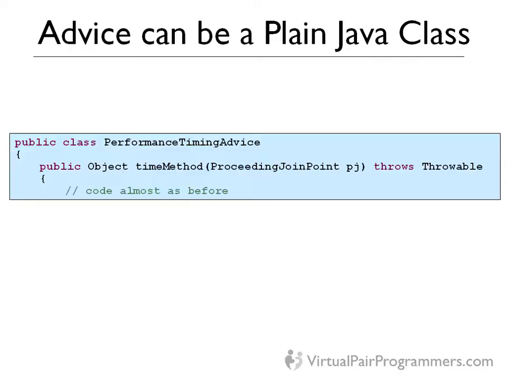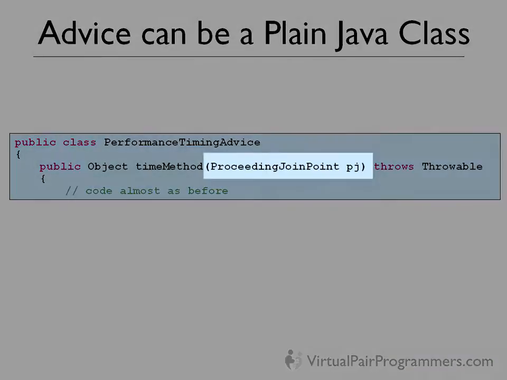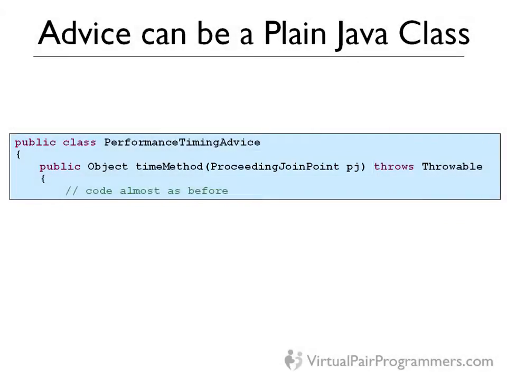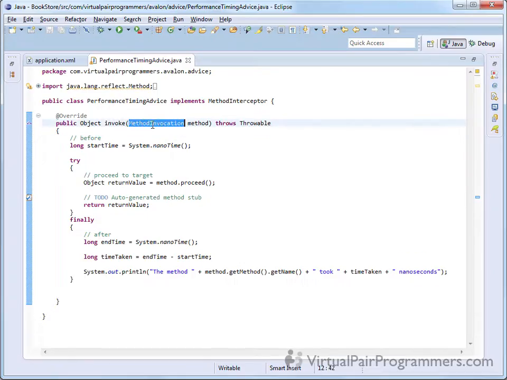So I've written a method here called time method. If we are writing around advice and therefore we need to proceed somewhere in that code, we are forced to have one single parameter in the method, and that parameter is called ProceedingJoinPoint. Now, that's a little bit jargony, and for that I apologize, it's a bit awkward. This is really a replacement for this method invocation parameter that we had before. Now, I do not know why they changed it for a completely different class, but they did,